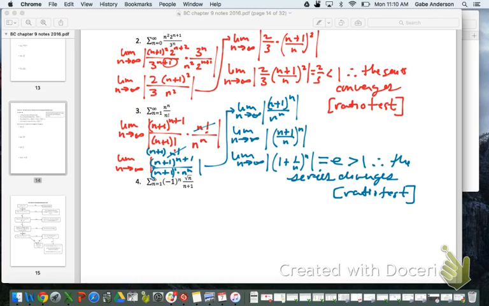Okay, and then finally we get to number 4. We are going to look at this. Of course, this is an alternating series, but with the ratio test with those absolute values, they essentially cancel out that alternating piece. So the setup here looked like this. Limit as n goes to infinity of absolute value, and it's going to be the square root of n plus 1 over n plus 1 plus 1, so that's just n plus 2, times the reciprocal of the nth term,